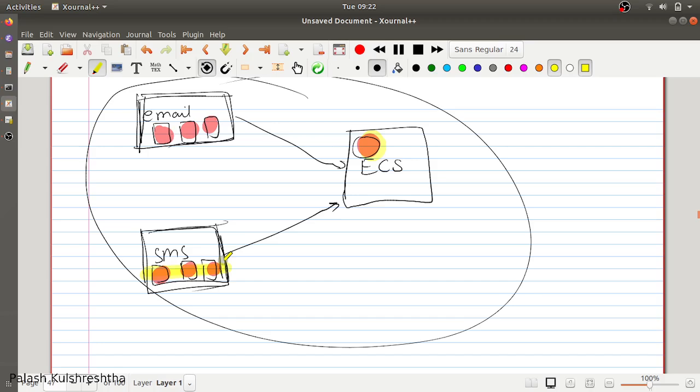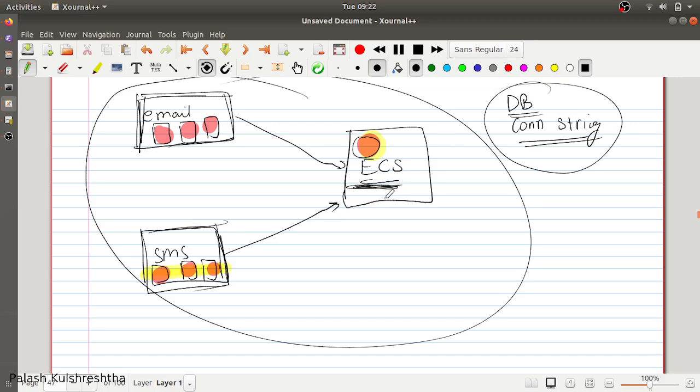But there are advantages as well. It helps keep uniformity of configuration across the services. Let's see what are the examples of configuration that you can save this way. It can be a database connection string. You can save this database connection string in the configuration store. And if for some reason you have to change this database connection string, all you have to do is update that in the external configuration store, and it is going to get reflected in all of the applications.